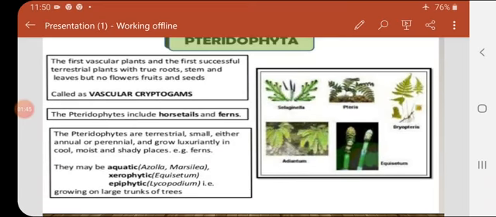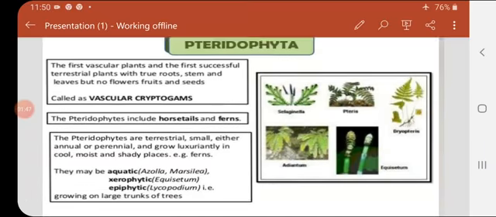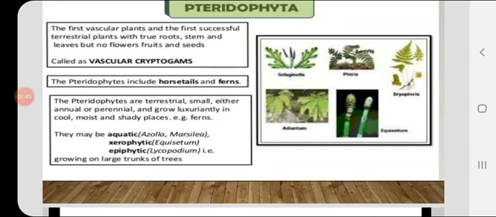When I say Pteridophyta, it is the first vascular plants and the first successful terrestrial plant. Okay, the plants that belong to pteridophytes are the first vascular plants. That means they are the plants which show the vascular tissues, that is xylem and phloem. And they are known as the first successful terrestrial plant with true roots, stems and leaves, but no flowers, fruits